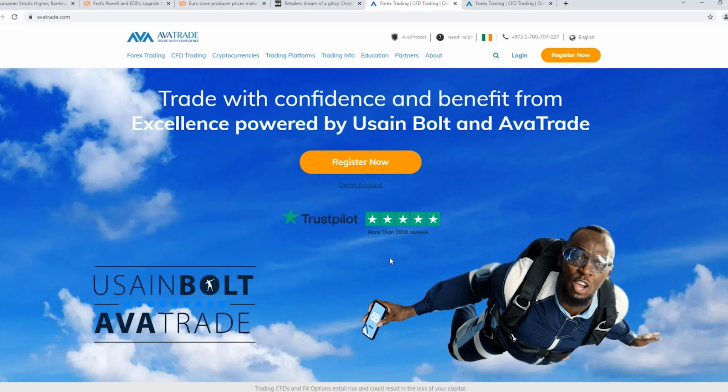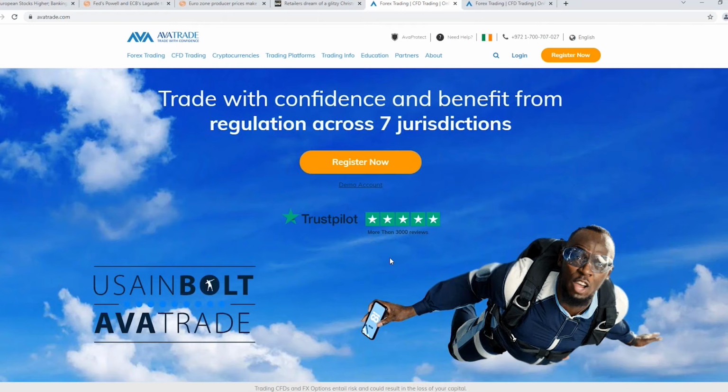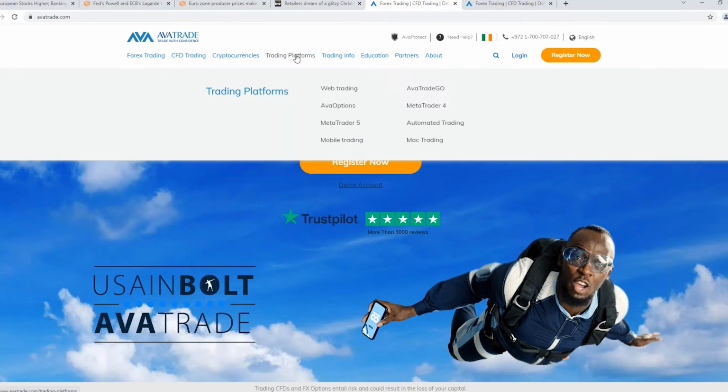Okay, let's take a look then at how we can go about using this information on our trading platforms. We'll focus on the AvaTrade Go mobile app, which you can find here, by the way, and we'll focus on our web trader platform to look at some strategies for maybe taking advantage of what's happening today.